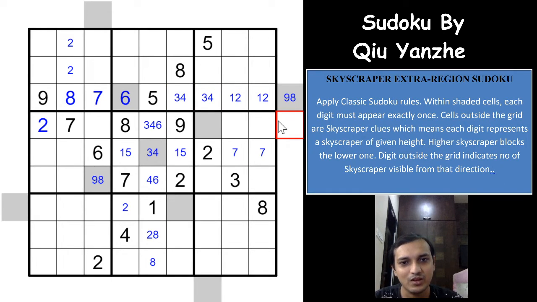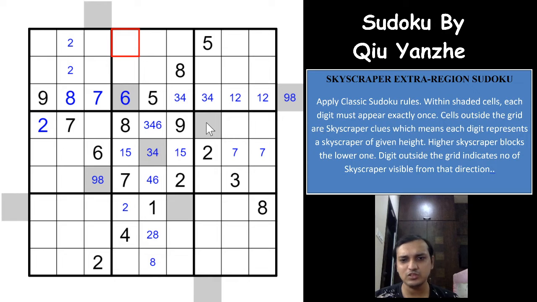Okay. So we have found 3 digits on the skyscraper region, I mean to say the extra region cells: the 9, 8 pair and 6. So all the other digits are yet to be used. Let's see if we can continue the logic of going with the decreasing numbers from 9 to 1. We have already found the 9 and 8 on the extra region space using the skyscraper clue, and we have already found the 6 on this extra region clue. So let's go with the 7.